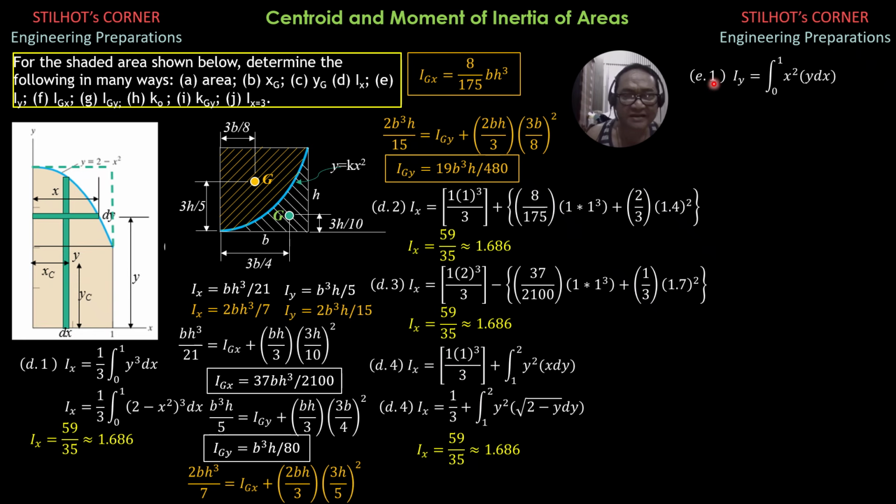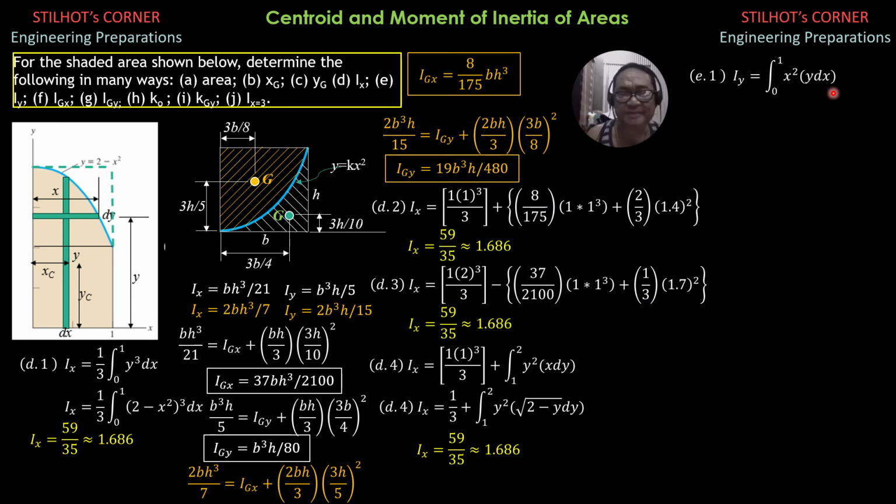This is the next method. I just opened the other way of solving it so that you will have another way of thinking for the next possible method in computing IX. So IY, with respect to this axis here, considering vertical strip, this is the easiest way. So integral of constant distance squared, x sub c squared, or simply x squared, because that's a vertical strip, the distance of every element of the vertical strip from the y-axis is constant, x. So integral of x squared, differential area y dx.